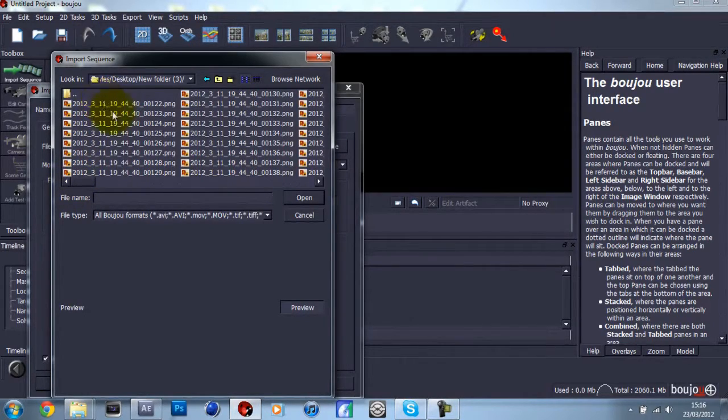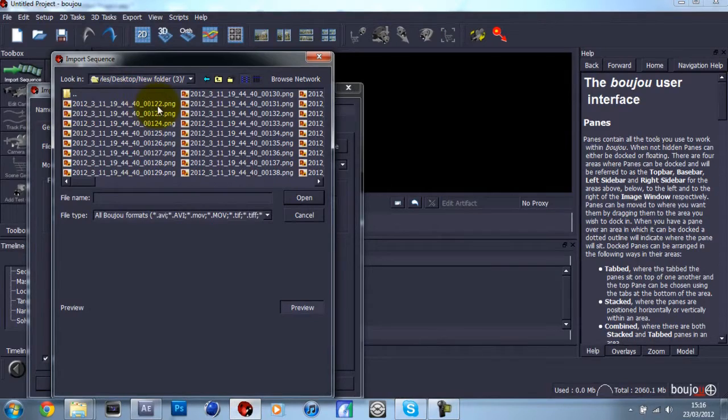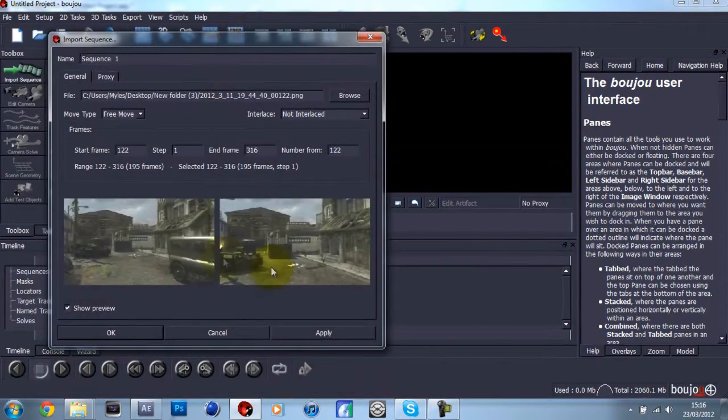because I rendered it out before, I didn't want the beginning bit, so I chucked it. I did the render bit like there, so that's why mine says 122 to 316. So your one should be 0, or if you did what I did, it should just have a normal, not a high number. So you just want to click on the very first one, and it should do the very last one automatically. Then just hit apply,